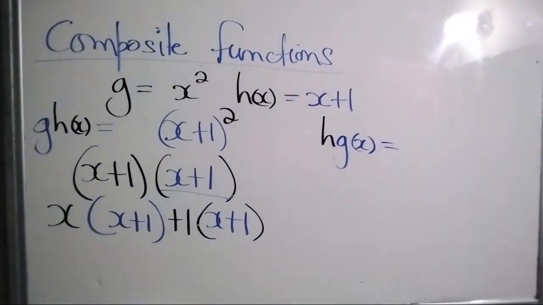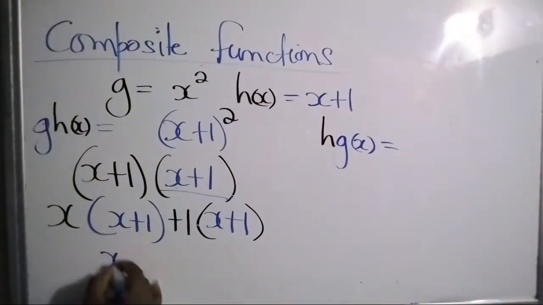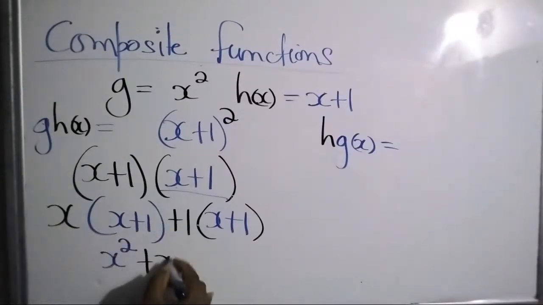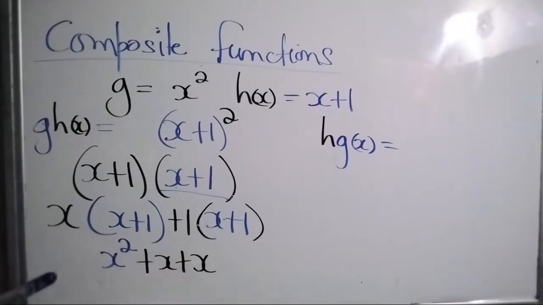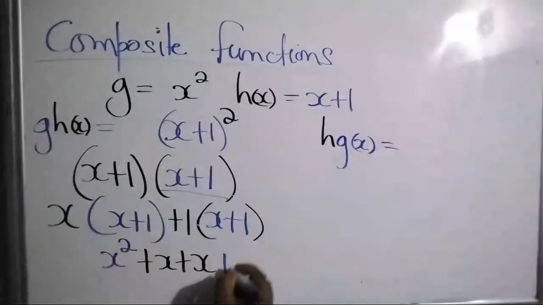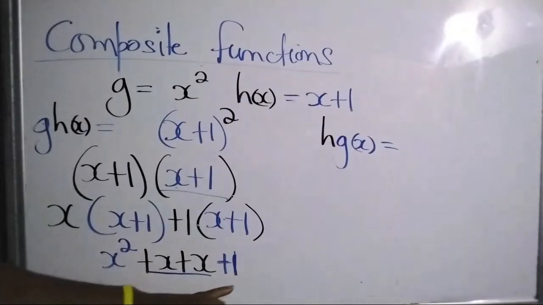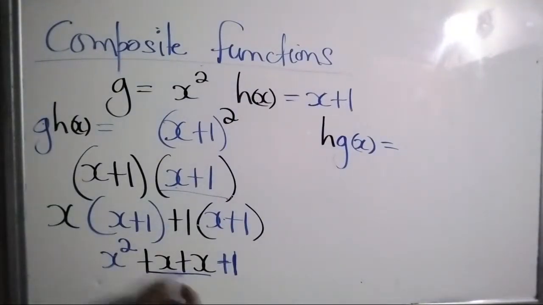So x times x gives us x squared. x times 1 is x. 1 times x is x. And then 1 times 1 is 1, so we add plus 1. If you look closely, you will see that these are the only like terms. We have an x squared here, we can't add it onto that. We have a plus 1, we can't add it onto that. So we just add these, and it would be x squared